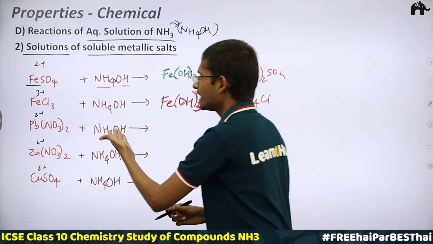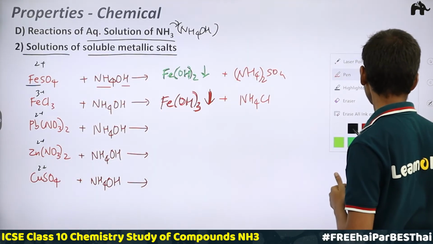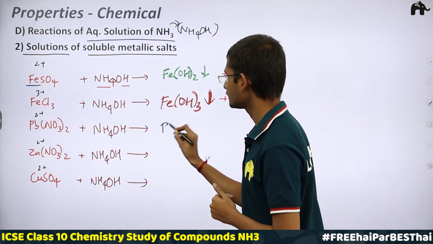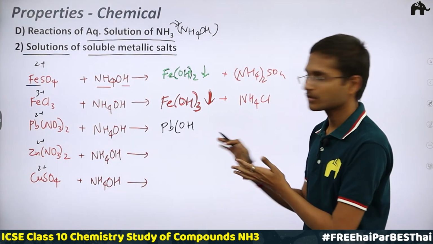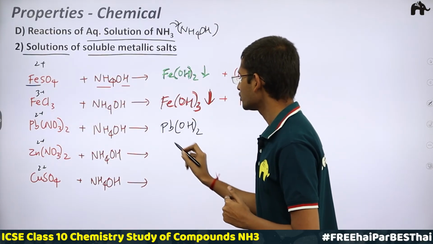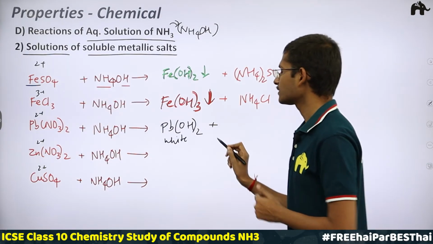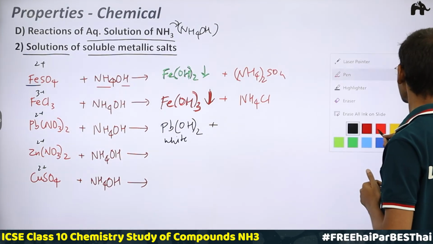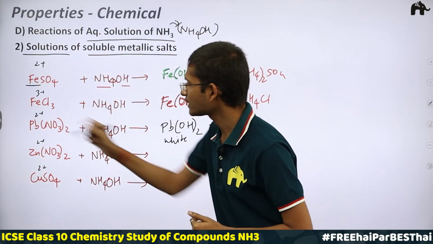In the same way lead hydroxide would be formed with ammonium nitrate. I would write this lead hydroxide in black color, because we cannot use white color on the white background. Lead hydroxide, Pb(OH)2, is a white precipitate, and I would get lead hydroxide and the ammonium salt,